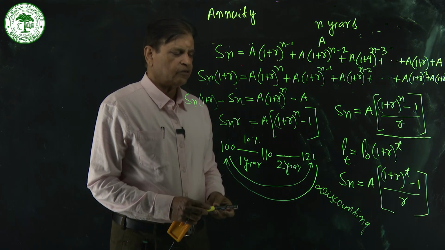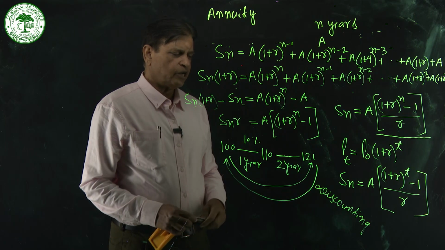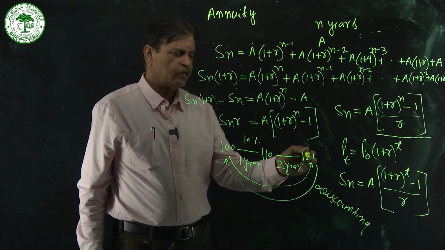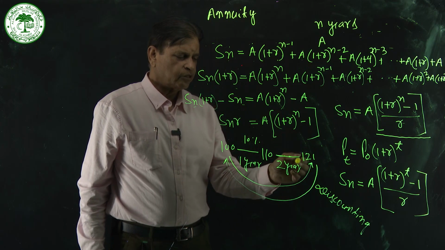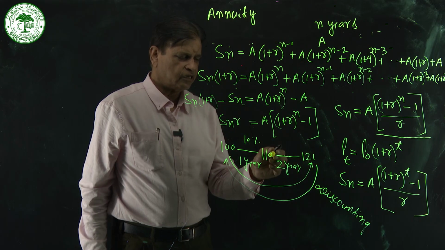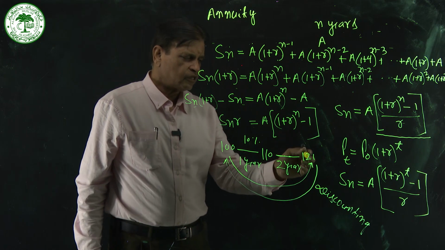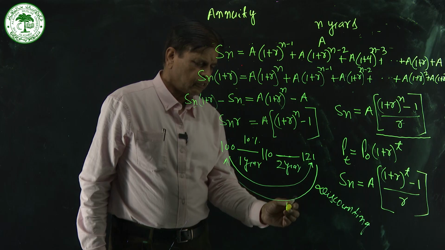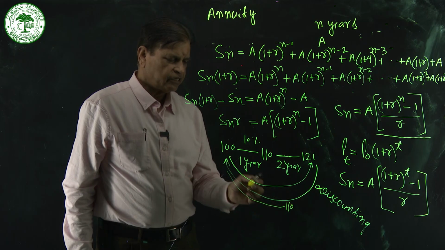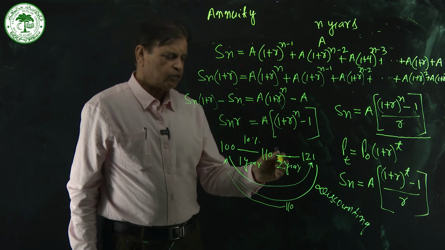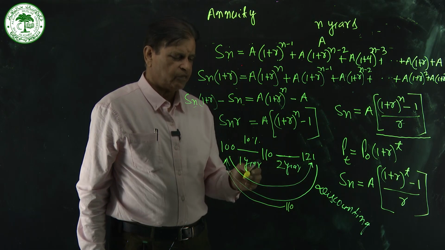You must be knowing discounting. Discounting means selling something at a price lower than its face price. So this is the value 121, so we'll discount. When you discount at the rate of 10%, then after 1 year, that is in the second year, this one will become 110. Then in the present time, it will become 100. So I'll discount 121 by 10%, it will become 110. And again, discount 110 by 10%, it will become 100. So this method is known as discounting, and the rate at which this reduction is taking place, that we call